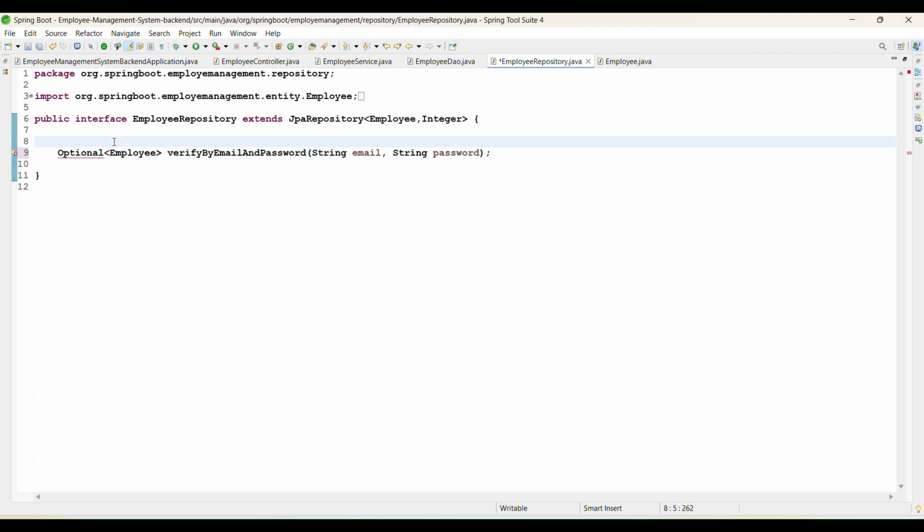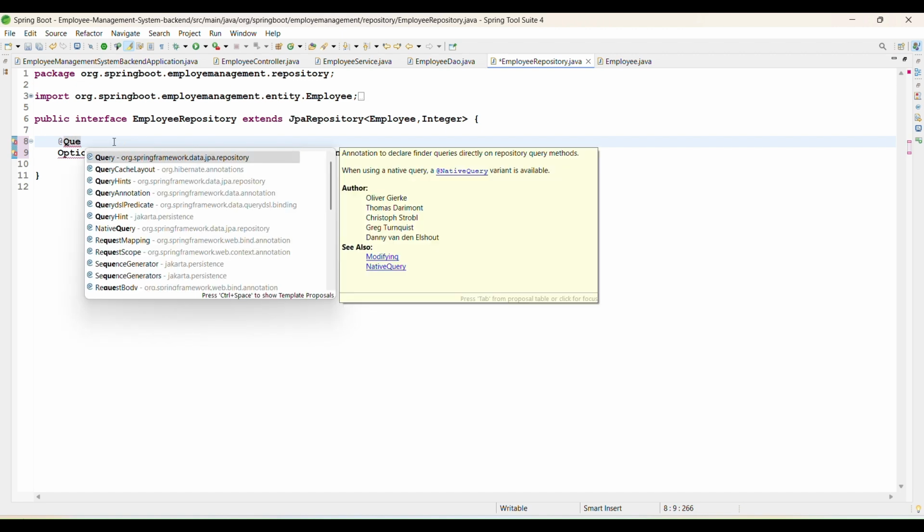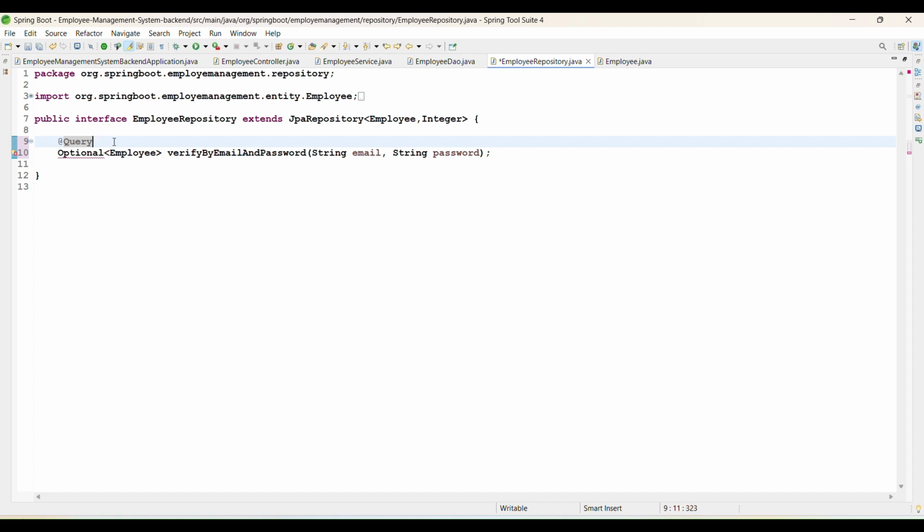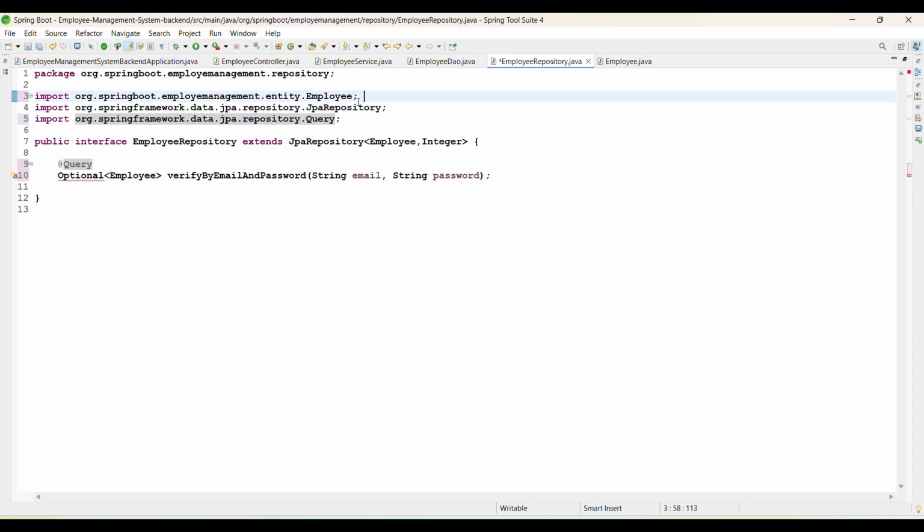So what we need to do is add @Query. It will be from which package? It will be from data.jpa.repository.Query. So this will be imported from here. Before you import it, check it carefully and then import it. And inside of Query, you have to write your JPQL query, that is a select